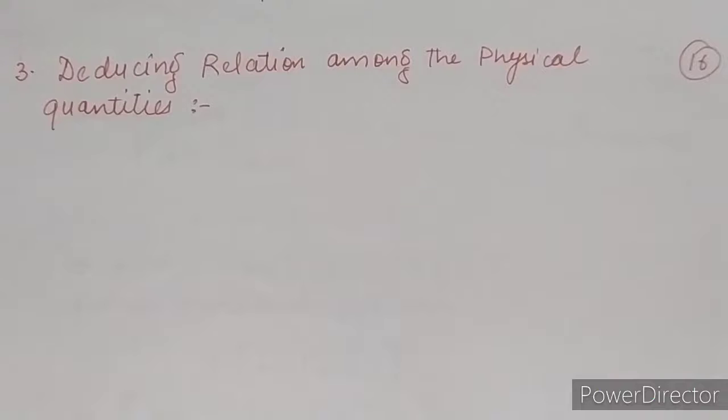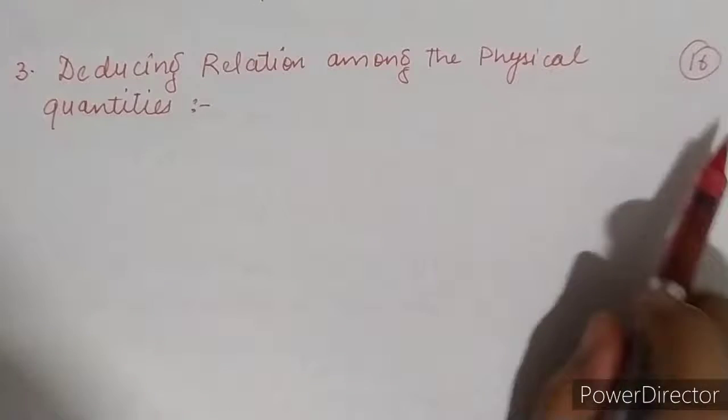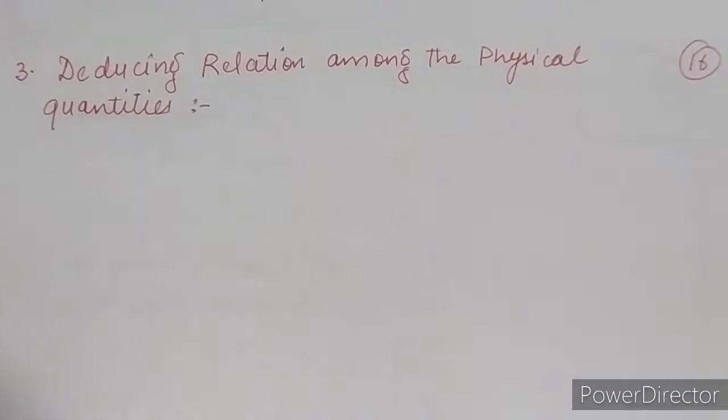Good morning, students. Today we are going to start our 16th lecture of chapter number 2, that is your units and dimension. Now in this chapter, units and measurement, we are discussing the applications of dimensional formula, and in that two applications we have completed. One, that one system of unit has been converted into another system of unit, the conversion of system of units. Second, checking the dimensional consistency of an equation.